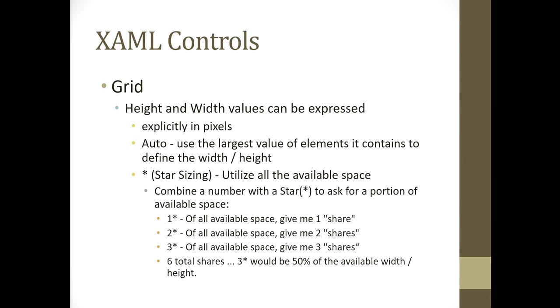Or we can use that star sizing, right? It utilizes all available space. And of course, if you have more than one column or row with star sizing, then they'll share depending on the weighting that you give them with the numeric value, right? So 1 star would give all available space, 2 star, okay, give me 2 shares, and so on and so forth, right? So if you had 6 in total and you had 3 star, then you'd get half of the available width, right? So once you get used to it, it's pretty straightforward, but you define those columns and rows